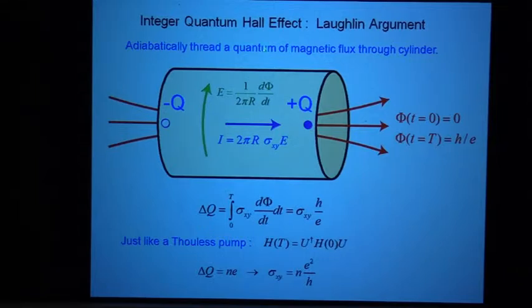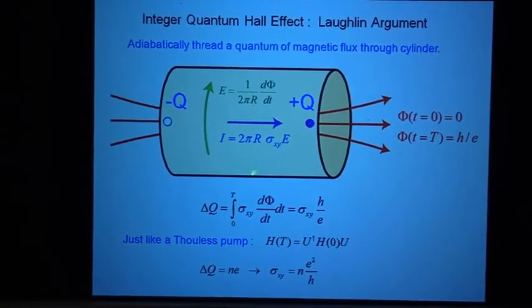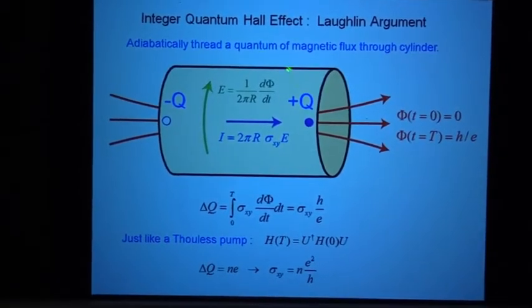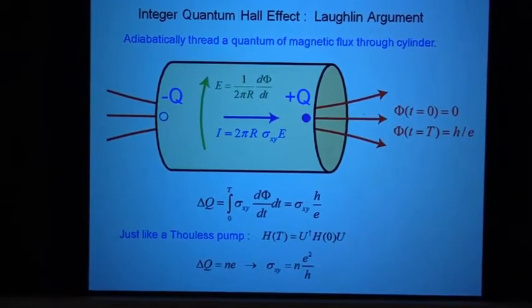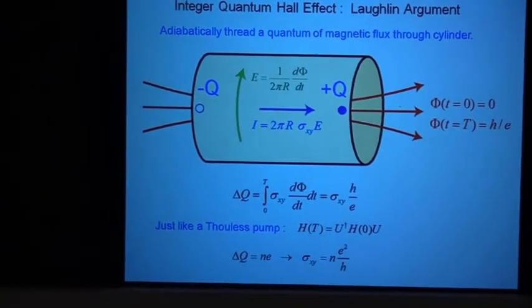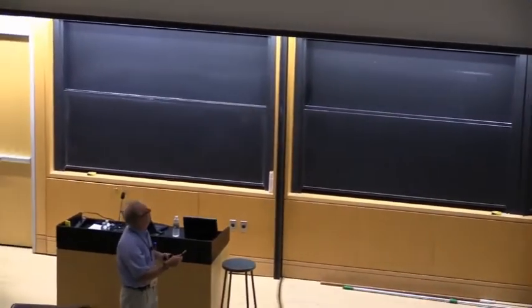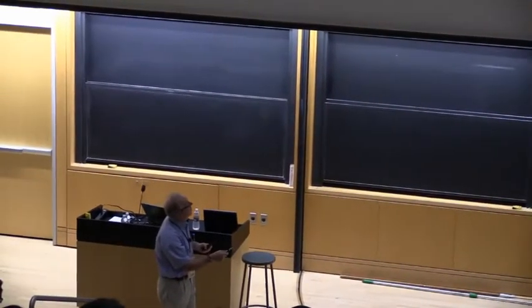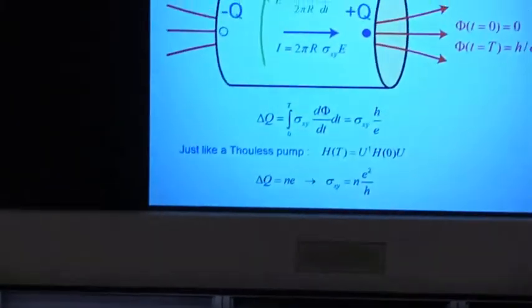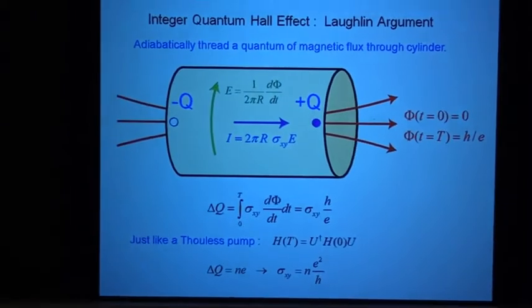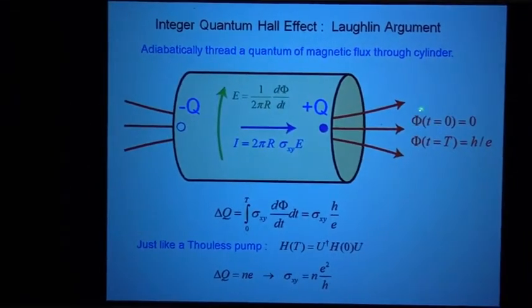What I'm going to do is imagine putting this system with periodic boundary conditions going around in one direction. So it's like I'm wrapping it onto a cylinder. Then I am free to apply magnetic flux down the whole of the cylinder. And what Laughlin considered doing was what happens if you